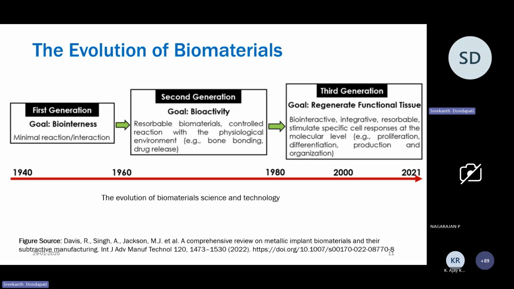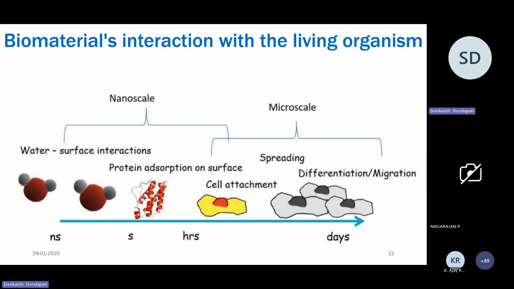So that's how these biomaterials have evolved from 1940 to 2000 onwards. We are in this era of third generation. Now, how biomaterials interact with a living organism: in the first few nanoseconds of the interaction, the water content in the body will try to react with the biomaterial, and for a few seconds, depending on whether it is hydrophobic or hydrophilic in nature, the water gets absorbed on the surface, and then in a few seconds, protein starts to absorb on the surface,